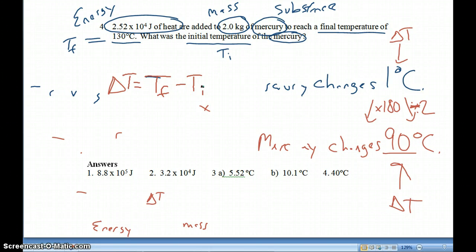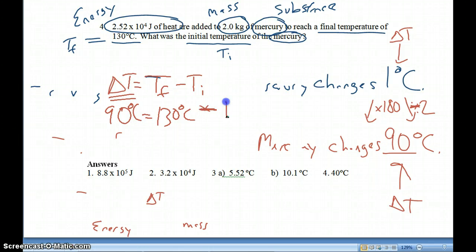If you want to know how much weight you lost, you figure out how much you weigh now, and you subtract what you are now from what you were before. Okay, so that's just a delta. Anytime you have a change, it's always final minus initial. So I know that my final is 130 degrees Celsius, and I know my change was 90 degrees Celsius,